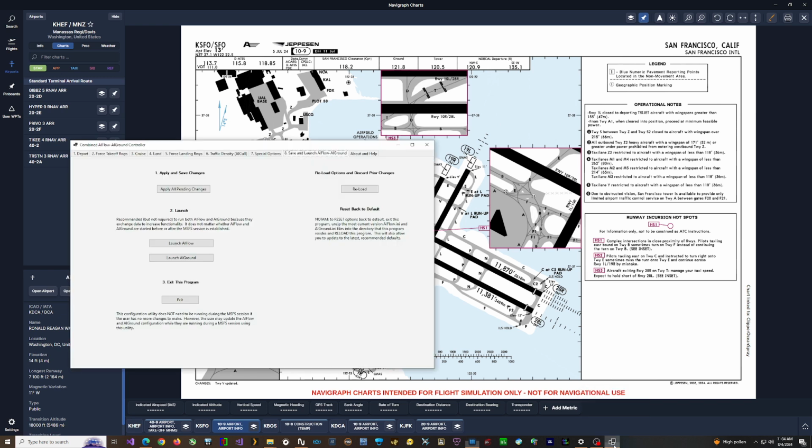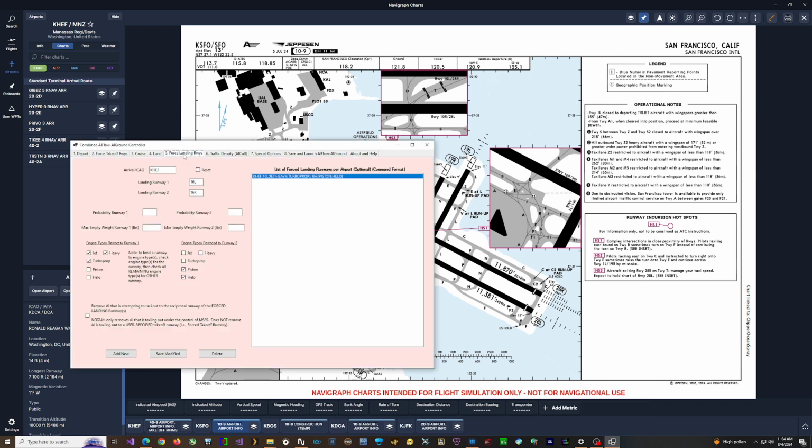To enter that into the program, I would just go to landings, tab 5. And before I start editing, I can see this old data is left over from my earlier Manassas edit, so I reset to clear all that out. Then I type KSFO 28 left and 28 right, and I can add that new. Now, if I were just to keep it at that,